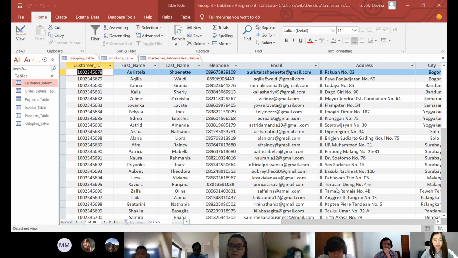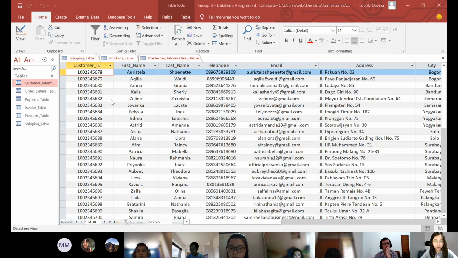Okay, good morning, sir and friends. Actually, there are two revisions from last week's presentation. The first one is there is no invoice table, and the second one is the profits data in the customer information table. We decided to add a new table here. There were only 5 tables in the previous presentation, and now we have 6 tables because we added an invoice table. Besides, there might be some changes in the tables because we realized that the tables we presented last week were not complete yet.